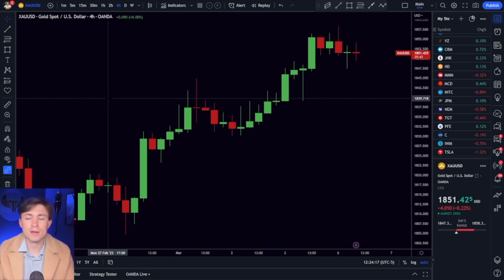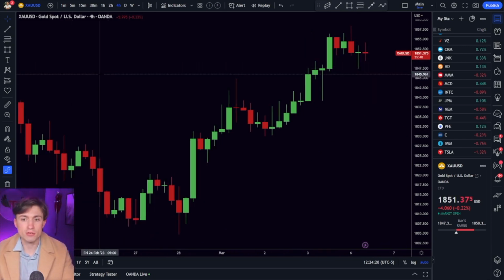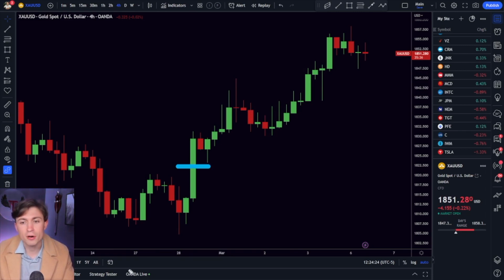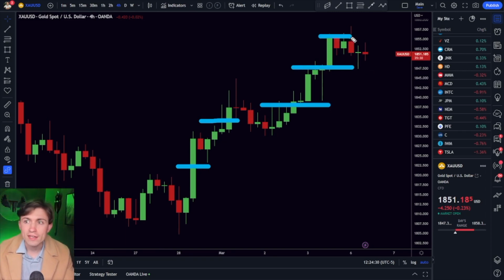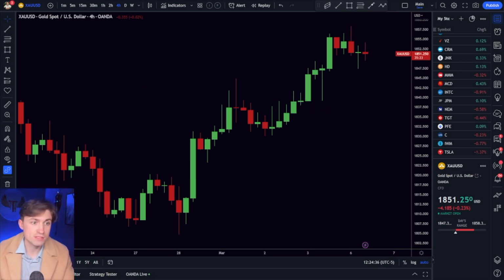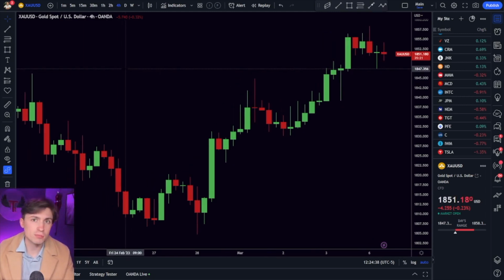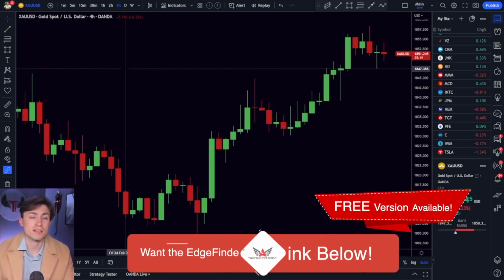And oftentimes what the strategy is for retail traders, and why this tends to be a reoccurring thing, is that retail traders will short here and then they'll not put a stop loss on the trade. Instead, they'll try and short again and short again and short again until this chart explodes high enough to blow their accounts and cause them to lose all their money. This is a reoccurring theme in the Forex market, and it's something I like to bring attention to on my